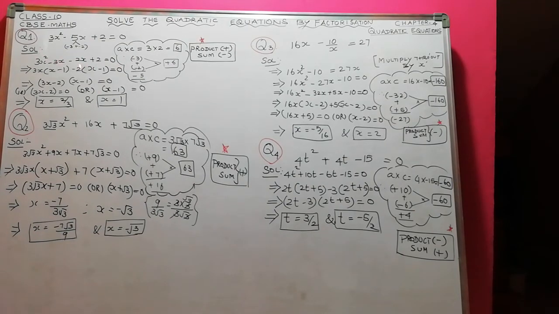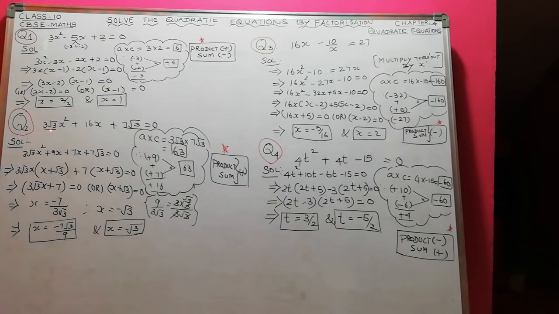Now we take the common term outside, that is 3x, as the common factor. So it gives you 3x into x minus 1. Here 2 is a common factor we take out, that is minus 2. So it gives you the same factor, x minus 1, equal to 0. So 3x minus 2 into x minus 1 equal to 0. When you solve for x, you get x equal to 2 by 3 and x equal to 1. So x equal to 2 by 3 and x equal to 1 are the solutions of the given quadratic equation. This is for the first type.